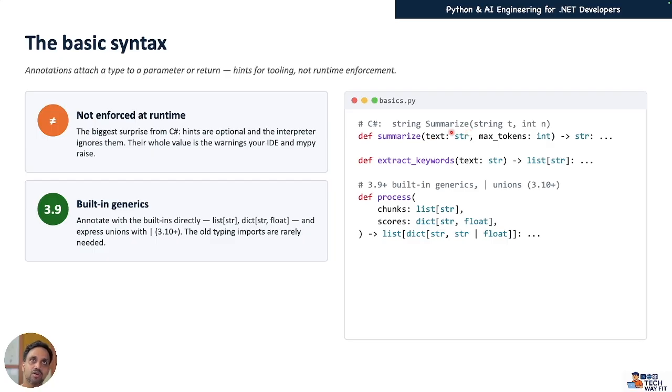That means I cannot define text as a type of string or max token as a type of integer. We used to just pass the value as text and max token. So in that way Python was purely dynamically typed, but that gets a lot of runtime issues. So starting from 3.5 onwards, Python introduced type hinting,